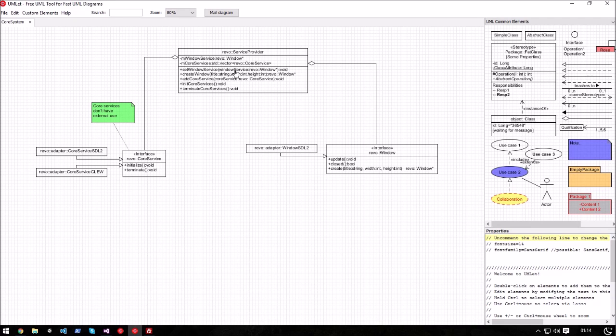So the service is going to create the window with this method you can see here, create window, and when we need to initialize, set, and add a new core service, we're going to put it in here as a list